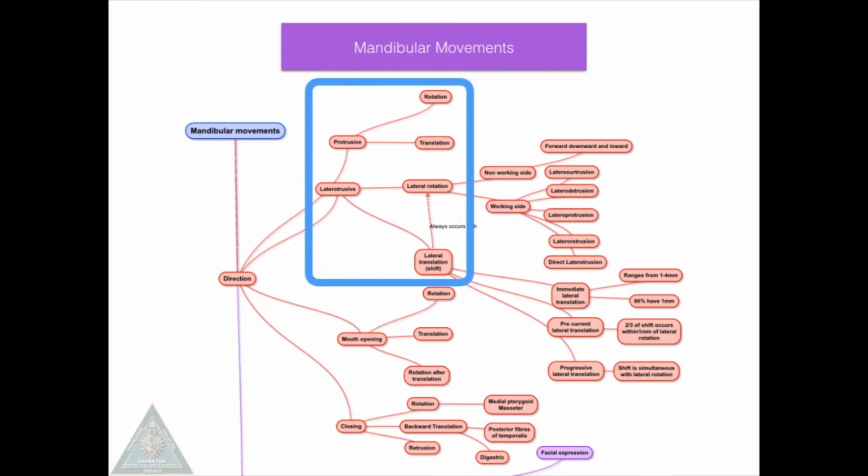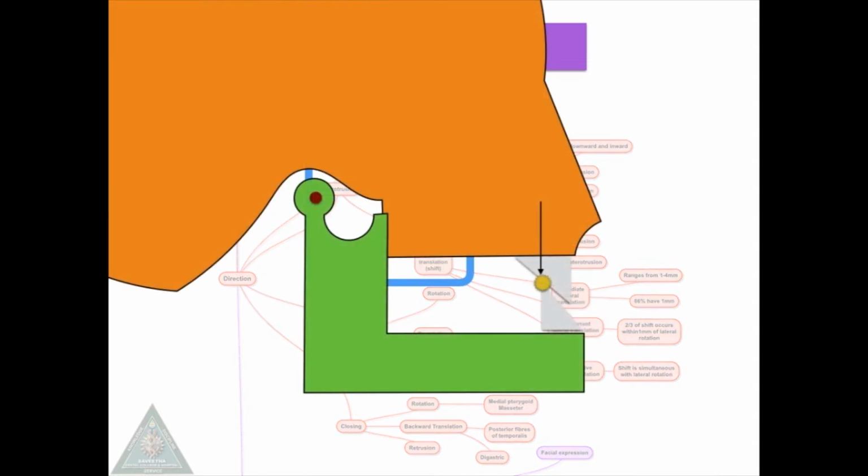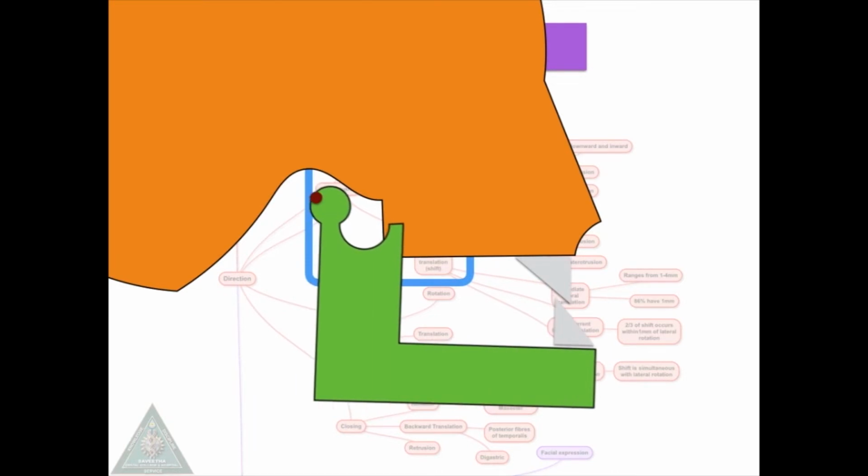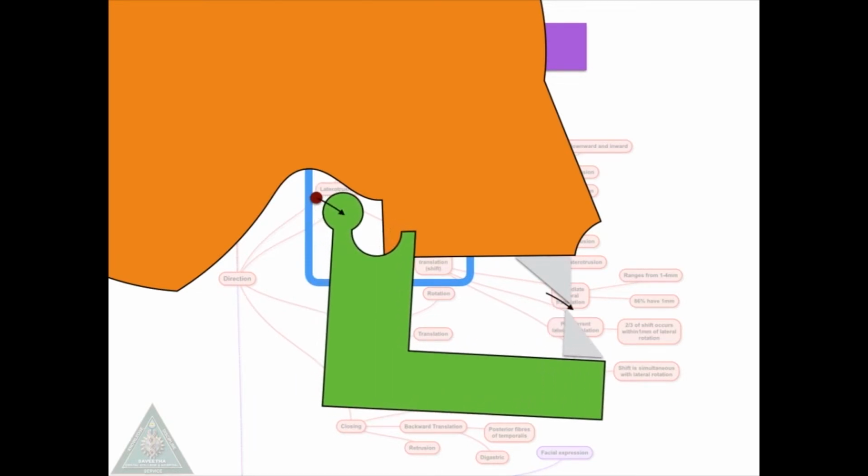During protrusion, the incisors prevent the mandible from having direct movement. Instead there will be some amount of rotation, and then the condyles move forward and the mandible moves forward. That is translation. The amount of rotation is limited to 12 degrees and 22 millimeters of interincisal mouth opening. The next topic is lateral rotation.